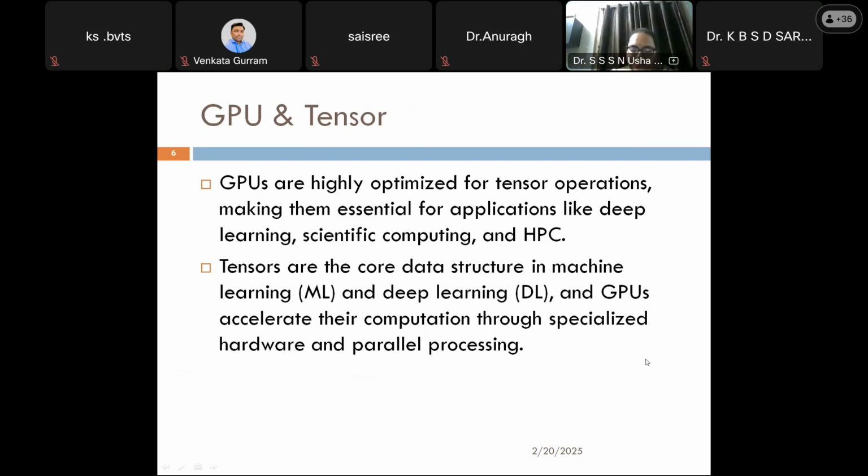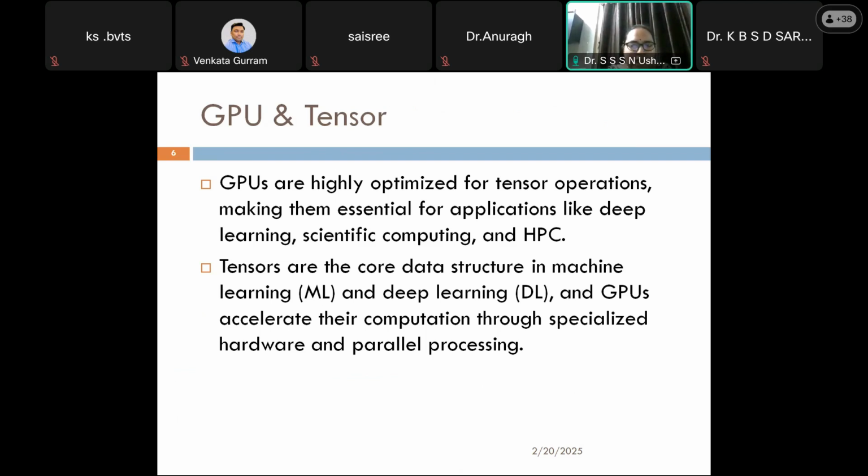So GPU and tensor. We already talked about this, right? From 2010 onwards, the GPU is getting popularity because of the tensor operations. So what is a tensor? Generally, when we say tensor, just visualize an array. A 2D tensor means a two-dimensional array. When you visualize a two-dimensional array, it is going to hold the data. So a tensor is a data structure that holds some data. Suppose you consider any application, an image processing application, whether it is a 3D image or 4D image, whatever it may be, we consider that as one array only.